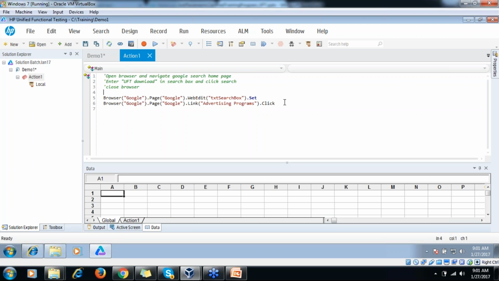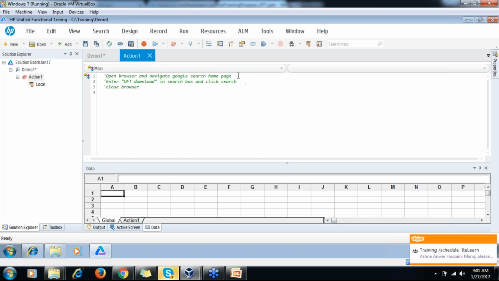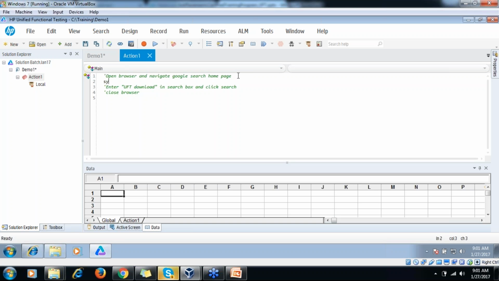Now I saved. Now let me delete these things and go back to my manual steps. My manual step says open browser and navigate to the Google search homepage. So to open,